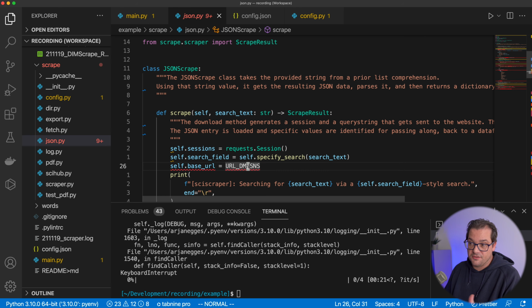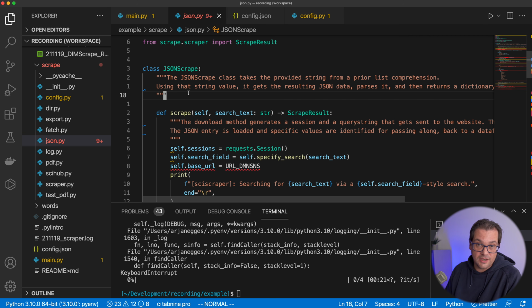You could store it in a global module somewhere and load the config from that global module, but that introduces a lot of coupling, because if you don't have access to that module, or you want to use, let's say, this class in another setting, you can't really do that. Another way to do it is to pass configuration settings via parameters. And because this is a class, there is actually a pretty simple way to do it. We can add an initializer that allows us to pass things like URLs